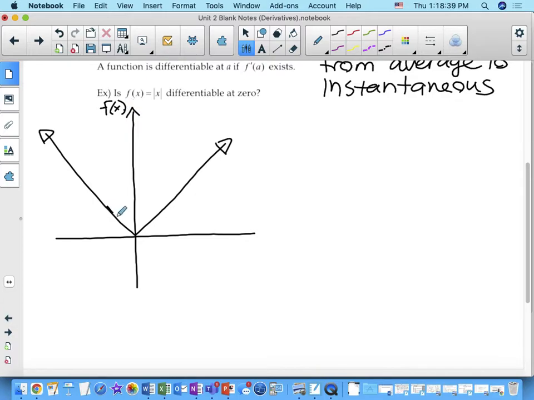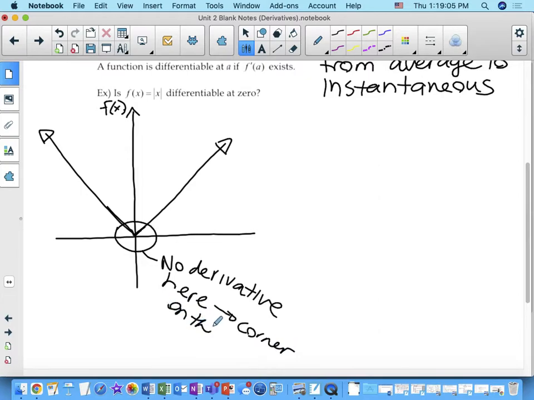This is actually kind of like a V. There's a corner there. So what would the tangent line be? It's not curved, right? So it's not differentiable here. No derivative here. There's a corner